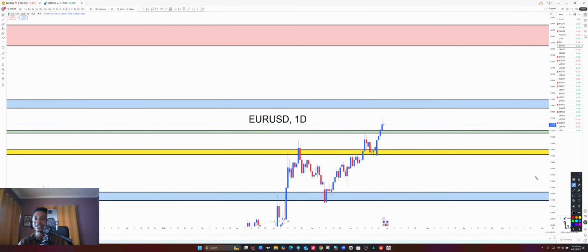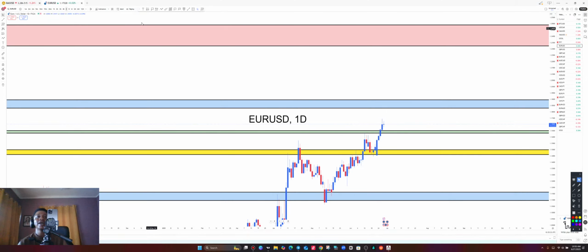On the daily time frame for EUR USD, we have the daily mid-range over here. Price has also been able to break above the daily resistance level, and we also see an uptrend on the daily. Higher high, higher low. We should go all the way to the upside in that manner. So on the daily time frame, we'll be expecting a retest before we can buy all the way up to this resistance level of the monthly.